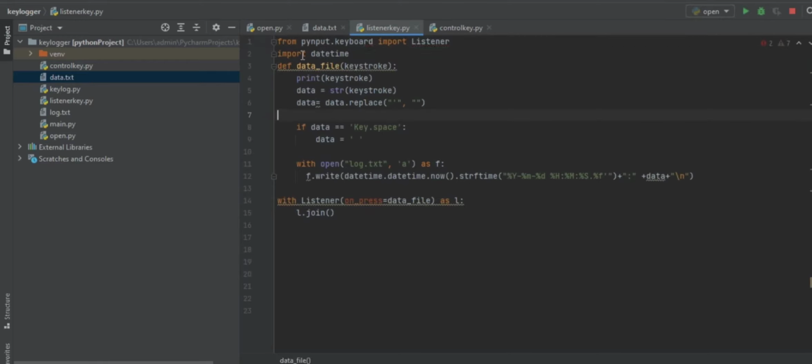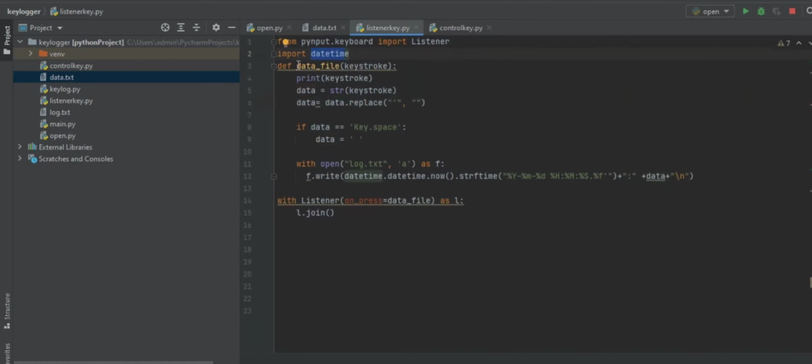And here I've imported date and time. So whenever we press any key, with the help of this function, it will basically tell us at what time which letter was printed. Now when I print this, then you will understand what is the basic use of this date and time.